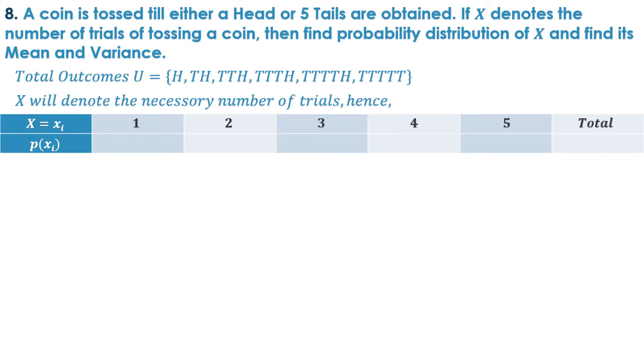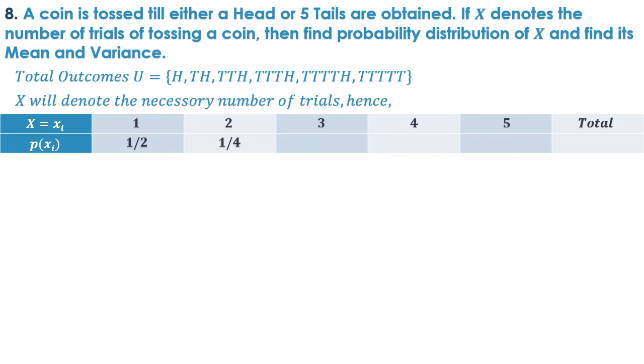Okay. Next we have to calculate the probability for each and every outcome. Now when we are tossing coin for only one time, what is your total outcome? Head or tail? That means out of 2 you are getting only one head. So your probability here will be 1 upon 2. If I am tossing a coin for 2 times, the total number of outcomes will be 2 square. Okay, a coin has 2 options and I am tossing it twice. So 2 options means 2 and 2 times means raised to 2. So 2 square will be total 4 outcomes and I am taking one outcome TH out of those 4 outcomes. So the probability here will be 1 upon 4.